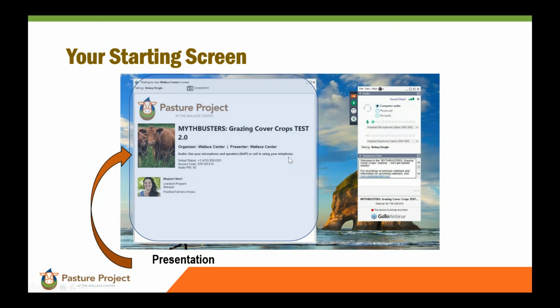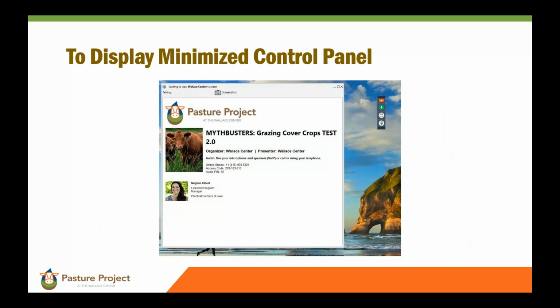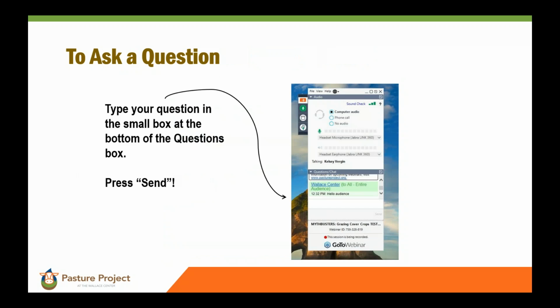So let's talk about logistics. In terms of the webinar technology, you should see the GoToWebinar control panel on the side of your screen. It should look something like this with the presentation on your left and the control panel on your right. You can minimize and maximize by clicking the orange arrow at the top. You'll want to use your control panel during the presentation, so it's best to keep it maximized. You can also click the small triangles below to open and close different parts of the panel, such as the